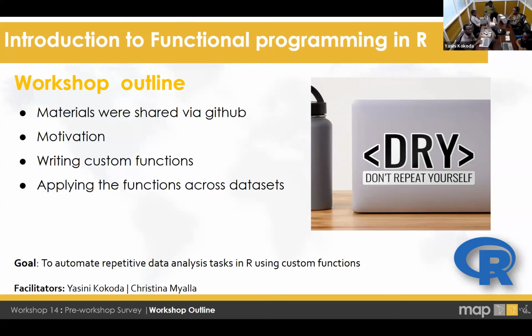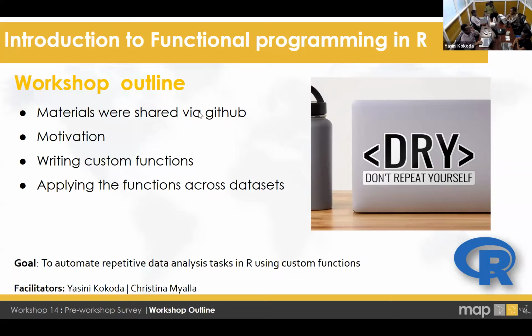So in this workshop, we are going to cover several things. The purpose is not to go deep into computer science. We are going to learn things related to data analysis to simplify our day-to-day work, like automating repetitive tasks when you are doing data analytics or cleaning. I already mentioned the material was shared on GitHub, and everyone has confirmed that they were able to get it, which is good.